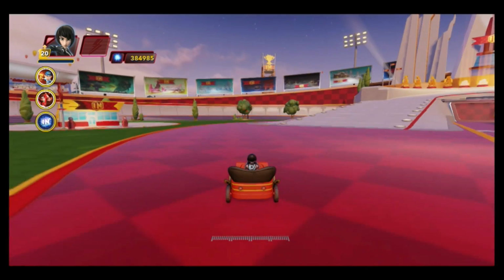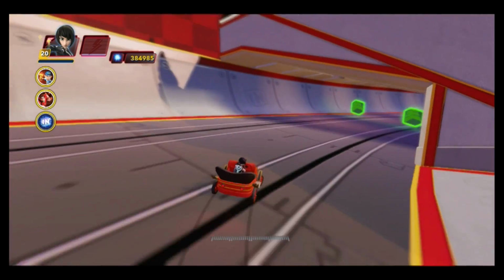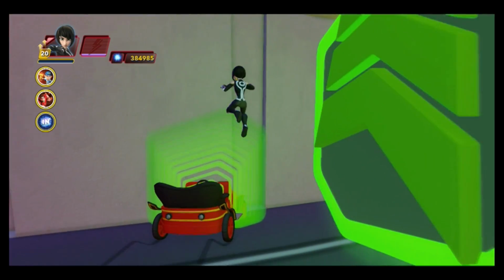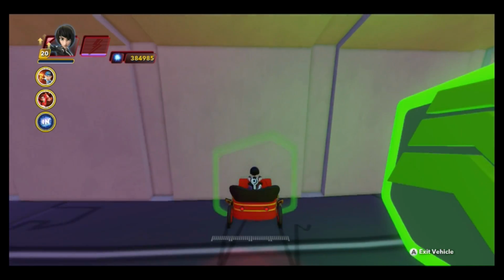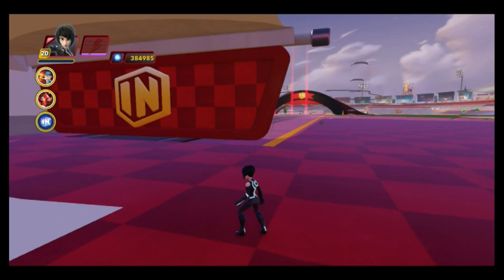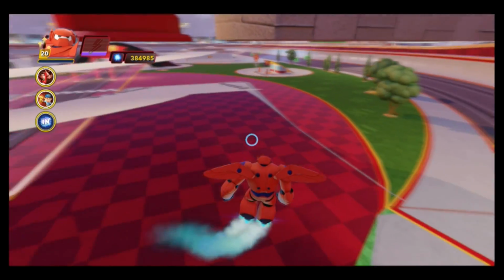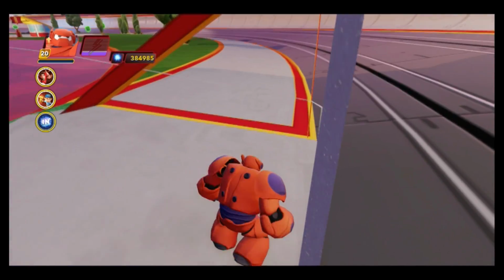On to Toy Box Speedway. There is a way to get out of bounds, but you will need a specific power disc. You're going to need Mr. Toad's Wild Ride car. What you're going to want to do is come over here and use these boost panels to get momentum and jump, and exit the vehicle by pressing X at the same time. If you do it correctly, you will go right through the ceiling